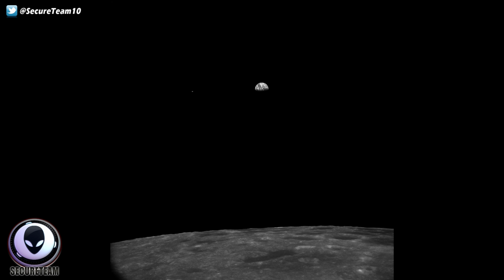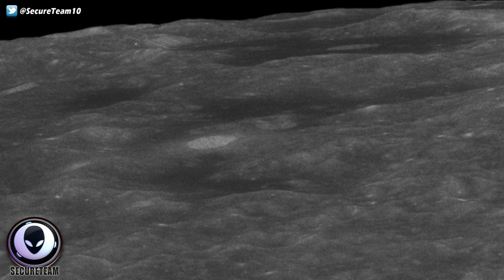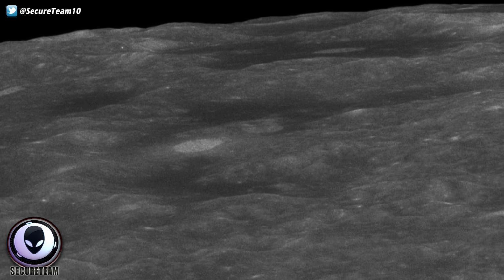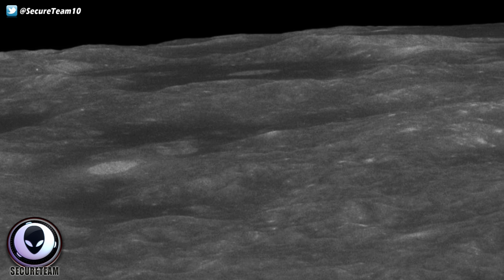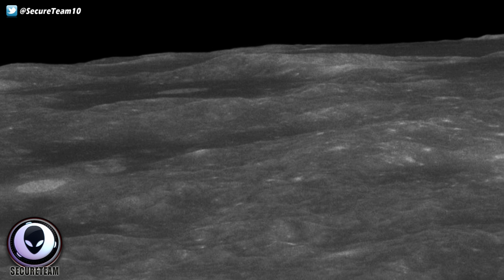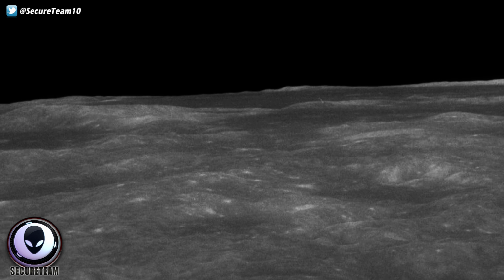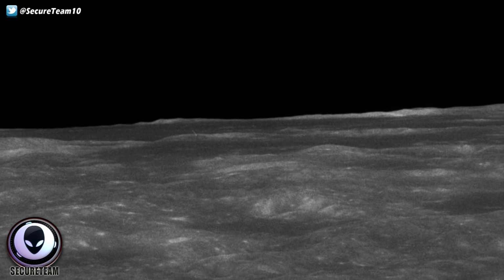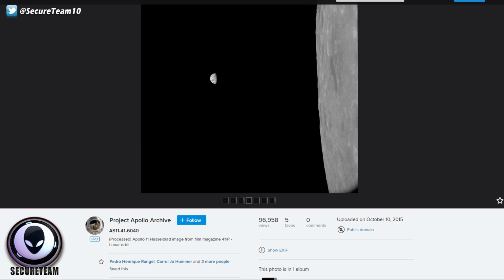So we have this beautiful shot here with the Earth in the background, the moon at the bottom of the screen. They're flying over the moon. It's a beautiful shot. And we have hundreds, thousands of images like this. And these are taken from the Project Apollo Image Archive on Flickr.com. And a lot of these images, up until a couple of years ago, were never seen before. That is, until NASA and some former astronauts started uploading these full magazines of photographs to this website, full resolution